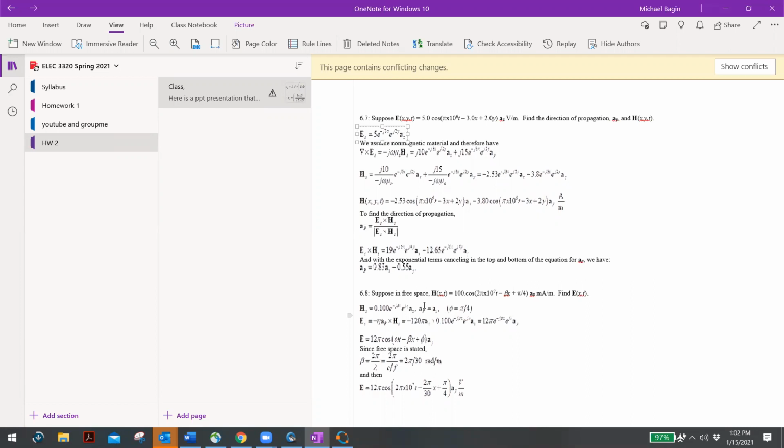Dr. Baginski, it's on your OneNote. We can't see what you're writing right now. Thank you. I got to be more cognizant of the fact that